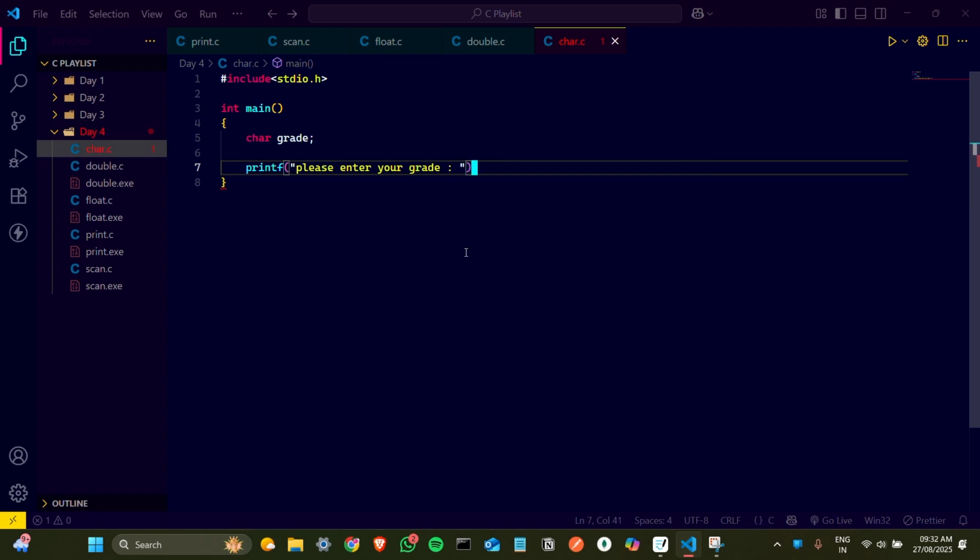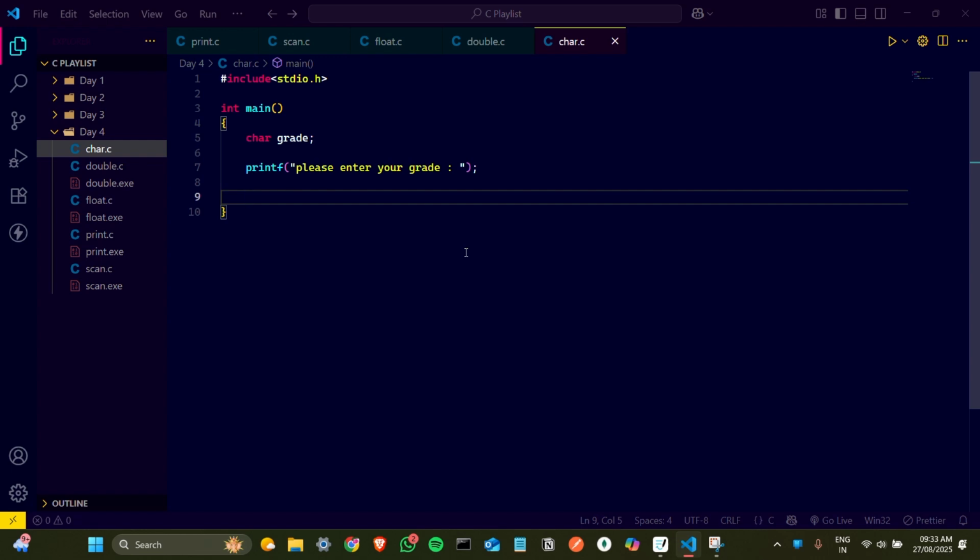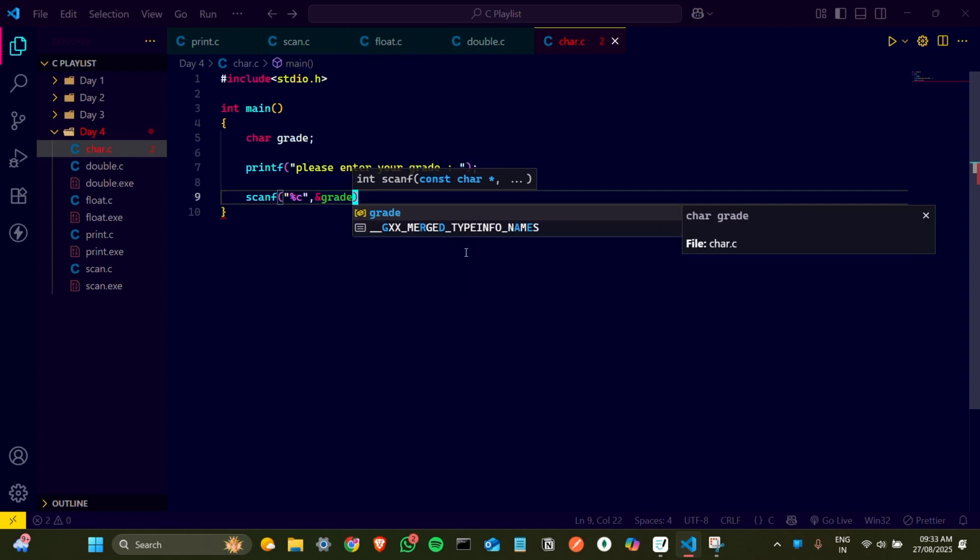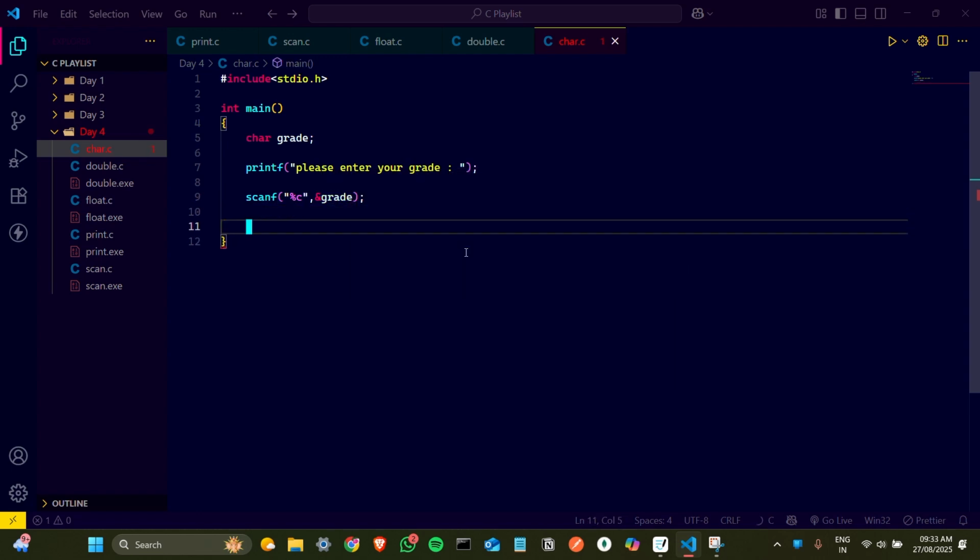Okay, and put a semicolon. And here take the input from the user, like scanf percentage %c. So percentage %c is used to take the input from the user of char data type, and then mention ampersand and the name of the variable grade, and put a semicolon,